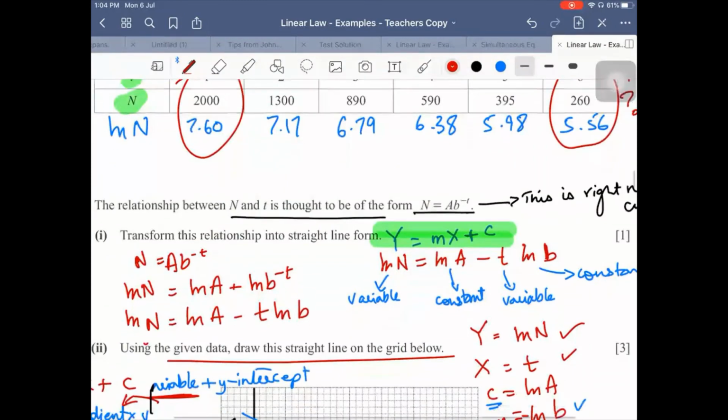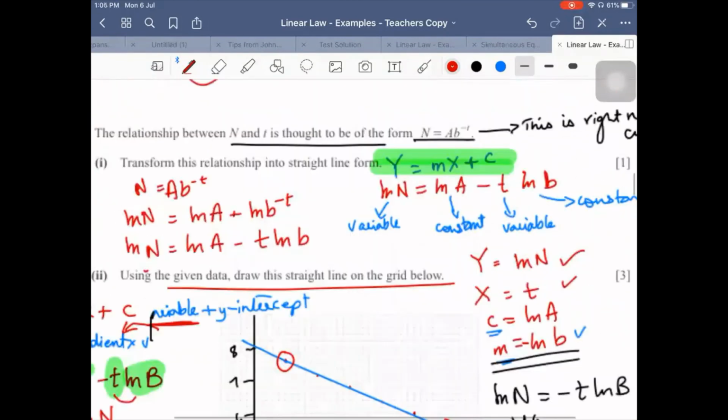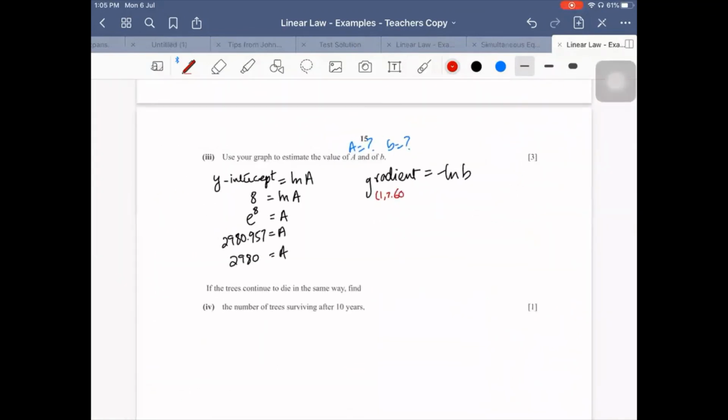ओके सो माय पॉइंट्स आर 1, 7.60 एंड 6, 5.56. तो मैंने कहा कि मैं ग्रेडियंट की y2 माइनस y1 लगा लेता हूँ, माइनस ln B. You can pick out any 2 points that you want जिससे ग्राफ गुजर रहा हो. आपने रैंडमली नहीं उठाने. यार है माइनस 0.408. सही है. And that gives me